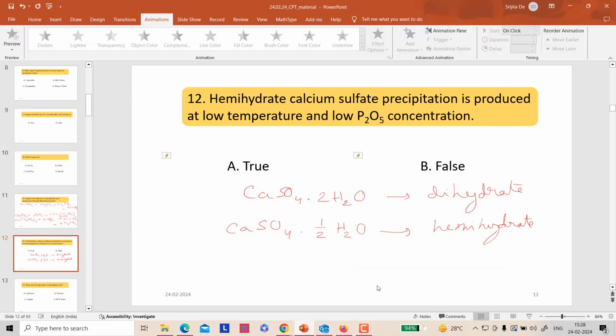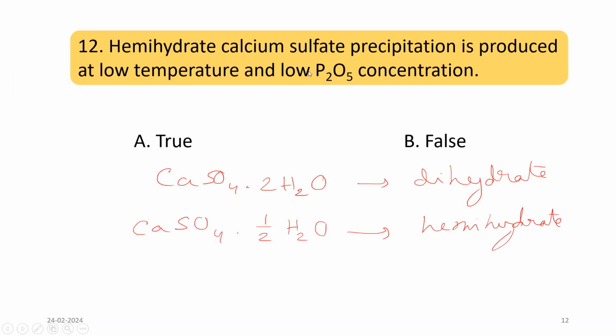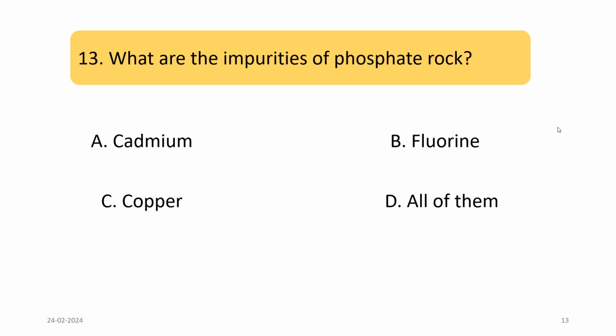So in this case, low temperature is not true, so that is why it is false. Otherwise low P2O5 concentration is right, but due to the low temperature I have written, this is false. Okay, so the next question is,